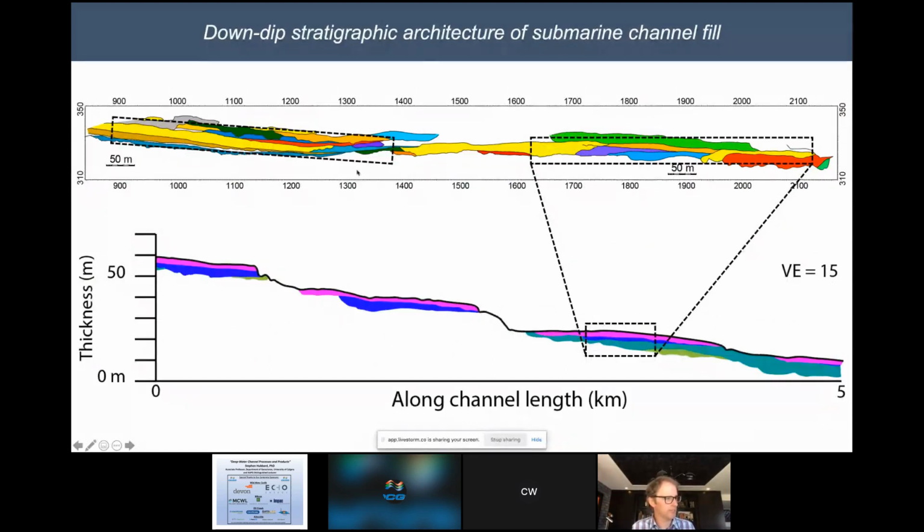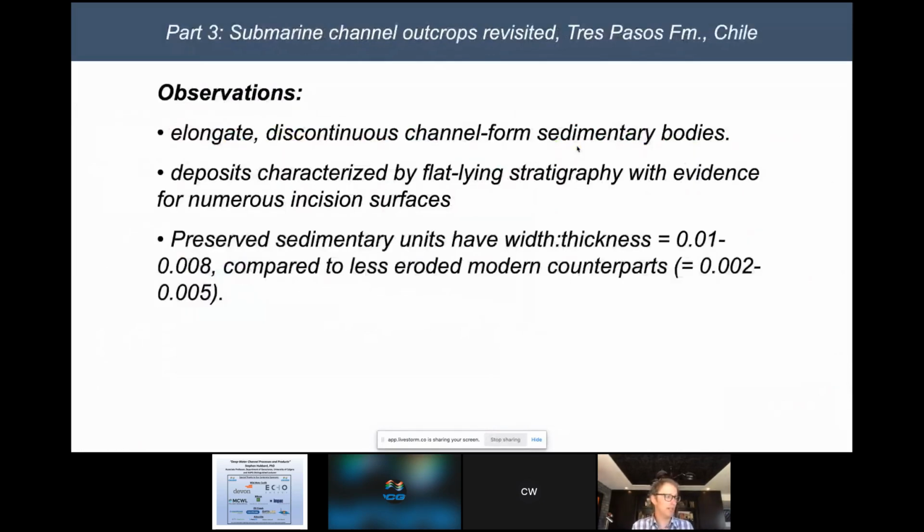This rectangle is the same scale as this rectangle, and the same scale as this rectangle is implied. And again, just like you see here, this stepping of bodies upslope, we're seeing that here as well. Right, so our initial interpretations are kind of validated in what we see in the outcrops, once we've been